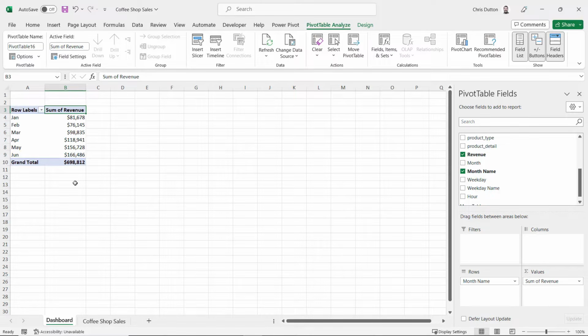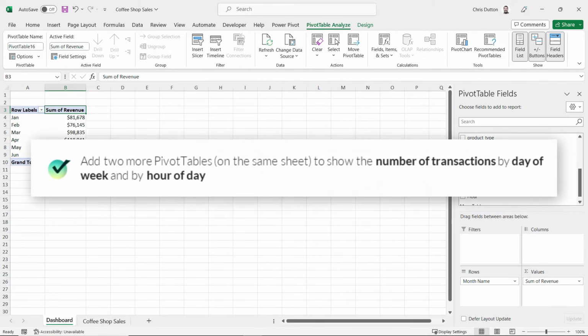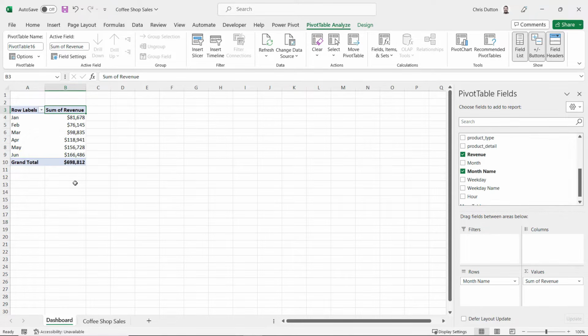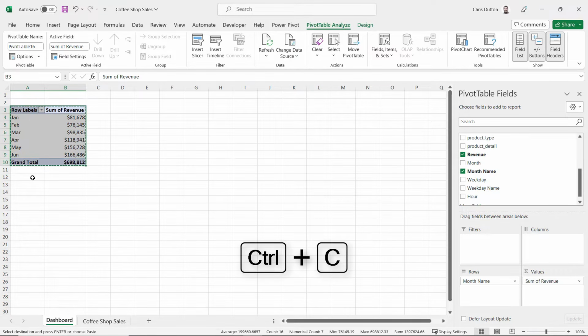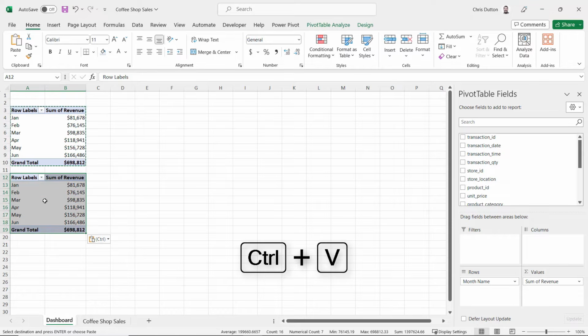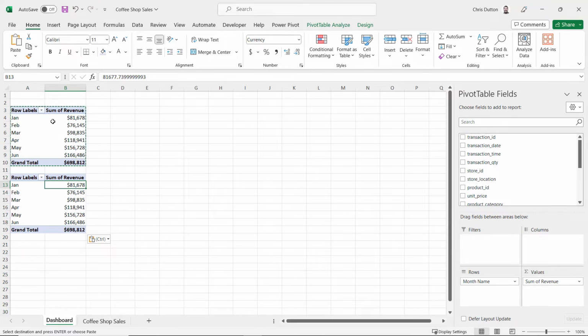Task 1 is complete. Now task 2 asks us to add 2 more pivot tables on this same sheet to show transactions broken down by day of week and by hour of day. Now I don't need to go back to our raw data sheet. What I can actually do is select this existing pivot table, Control C to copy it, and Control V to paste it down here. This gives me a second independently controlled pivot table that I can work with without modifying